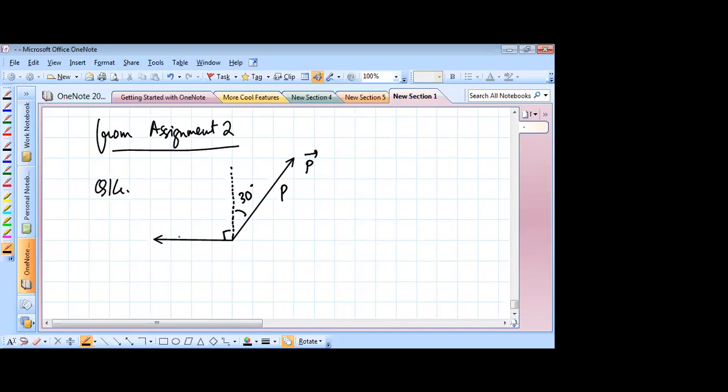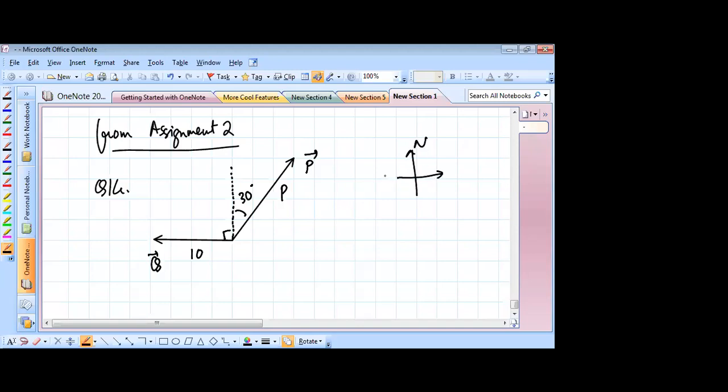And this is a vector Q, let's say, of magnitude 10. Okay. So there are forces of 10 newtons and unknown magnitude P. And it is told to us that,